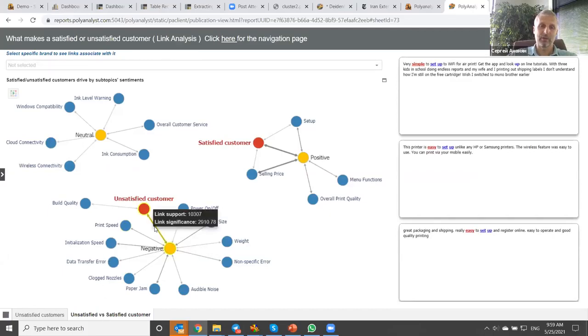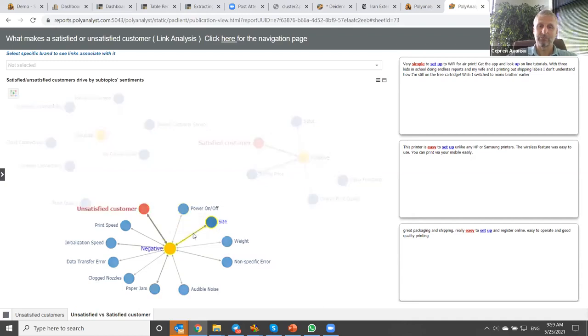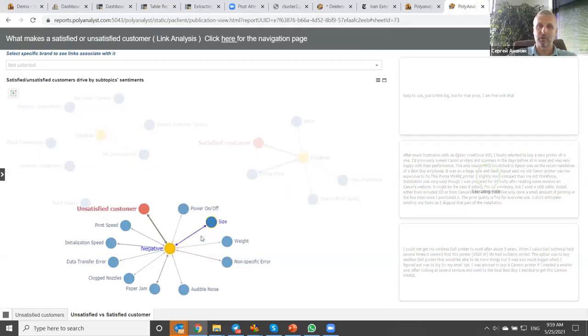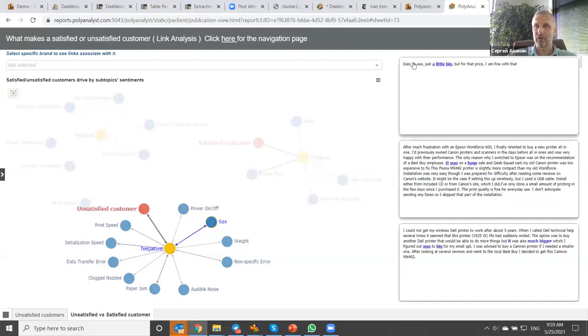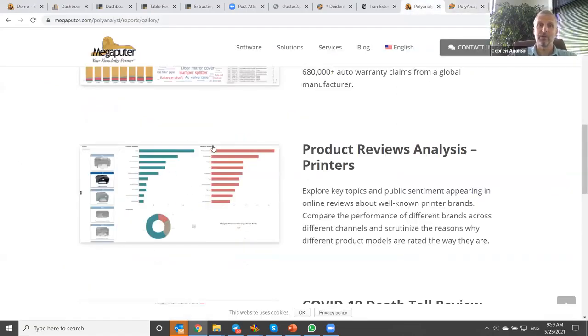So these are just the simplest things. So I can group here, for example, these are all the people who are not happy about the size of the printer. So you see that it's just a little too big, or it was huge, and so on. And it was also much bigger. In this library gallery of reports, you can see reports, and I will not have time, of course, to demonstrate how to build these reports, but again, it's fun.